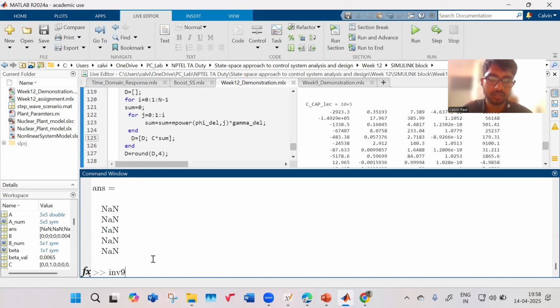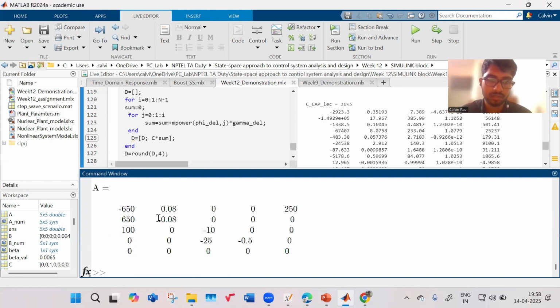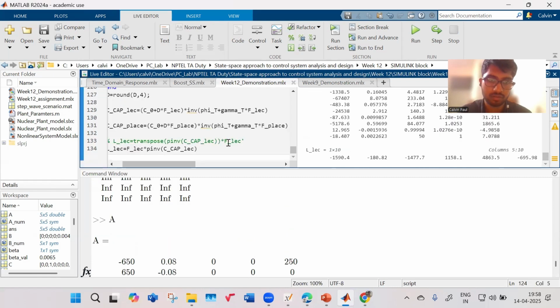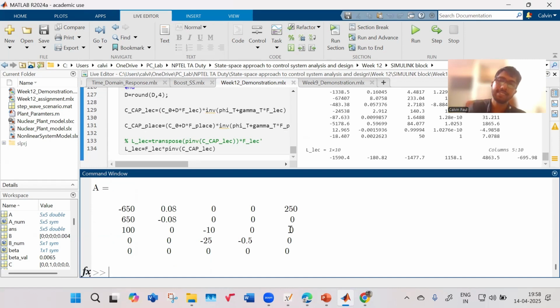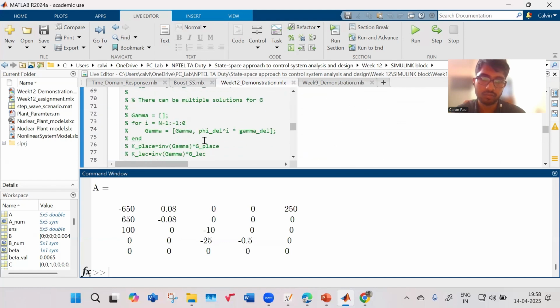What is inverse of A? Not happening. Okay, because A is not invertible in this case, but let us consider a normal case of